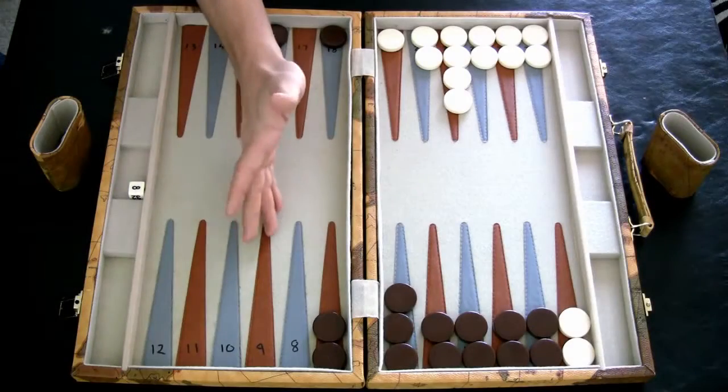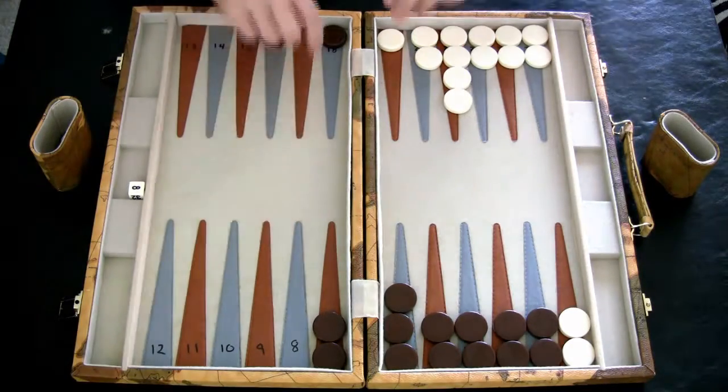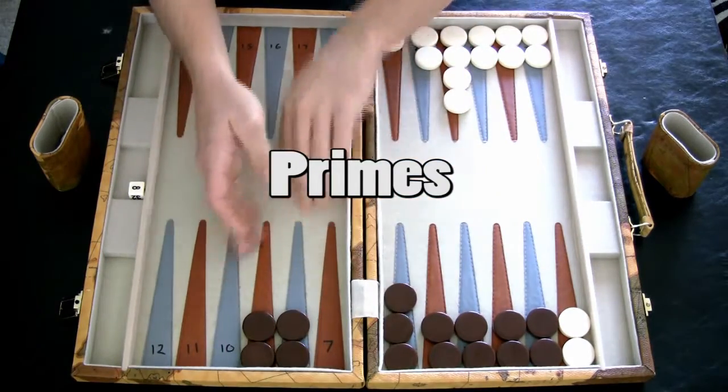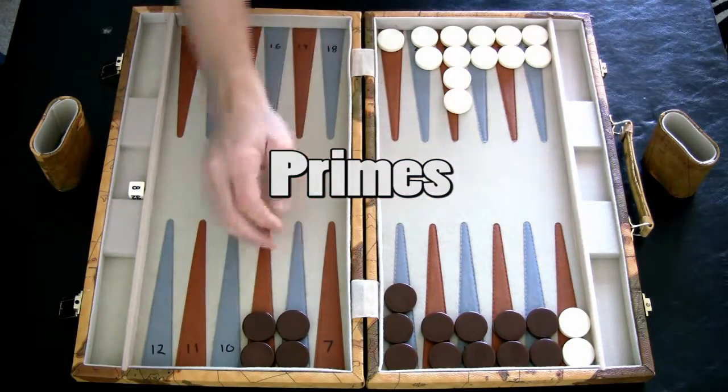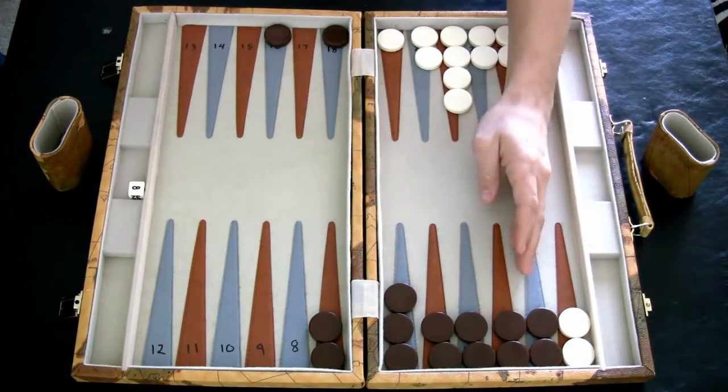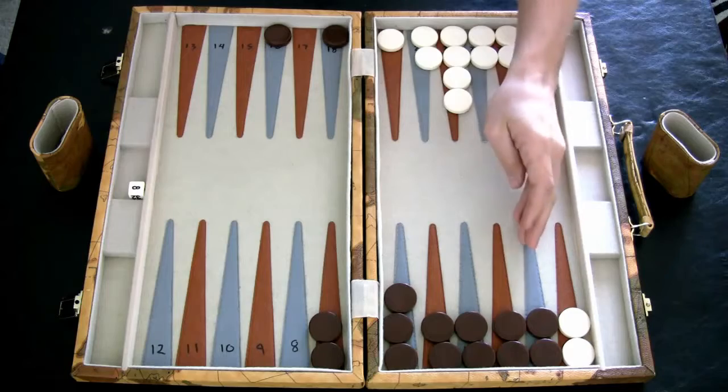Alright guys, now I want to talk to you about primes. Now the definition of a prime is owning two or more points next to each other. For example, this would be a prime right here. And what I did is I set up, this is called a perfect prime, when you own a prime on